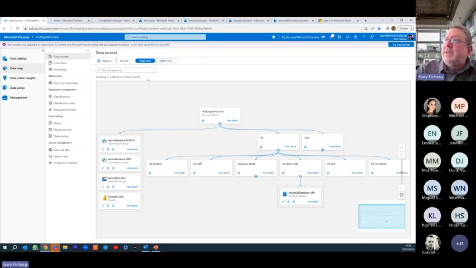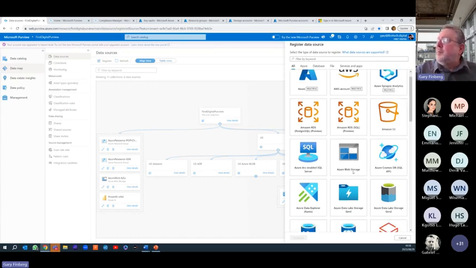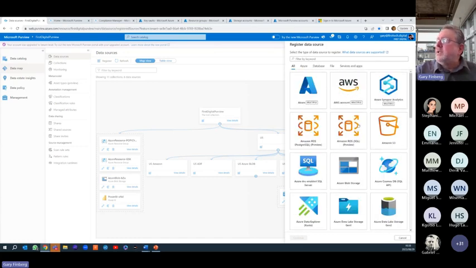Now, what I'm going to do is add a data source. You basically click on register. Here are all the data sources that you can access out of the box. You can see this is super comprehensive. I mean, just this one alone is Azure. So I can